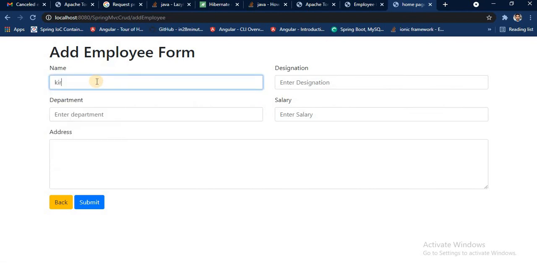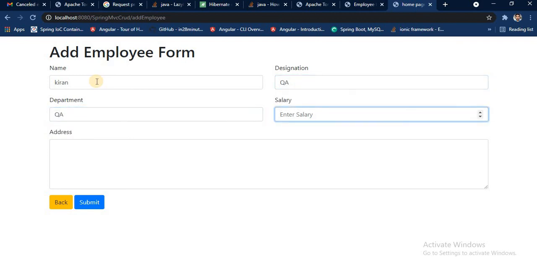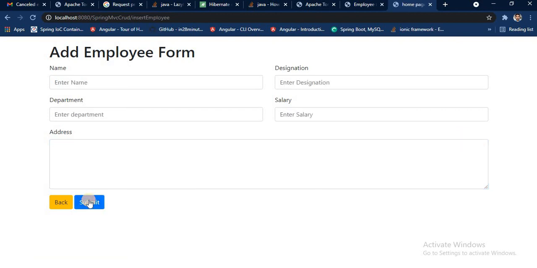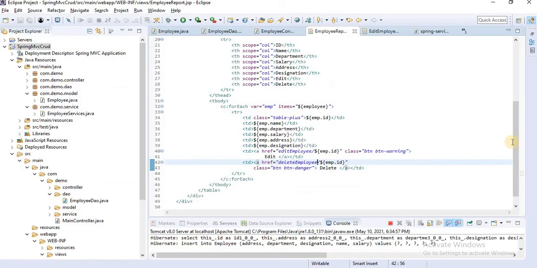Add one more. I'll add Kiran, designation QA, department QA, salary I'll put just random, Pune, and click the submit button. Okay, but we have one thing remaining.